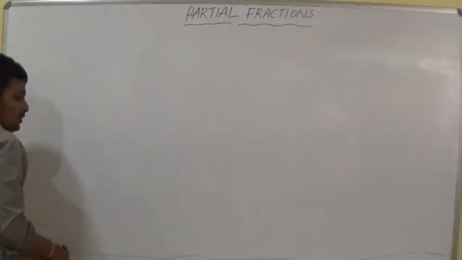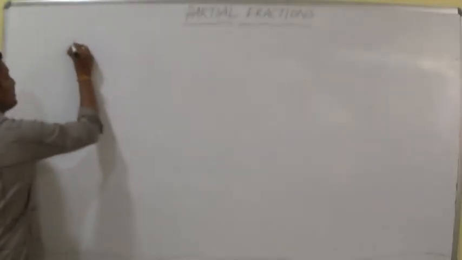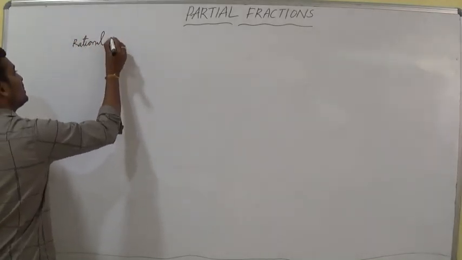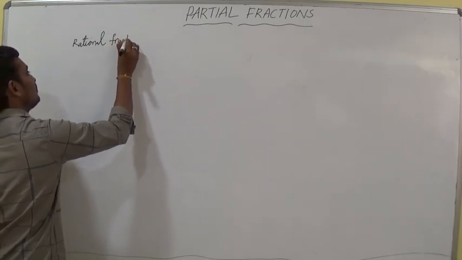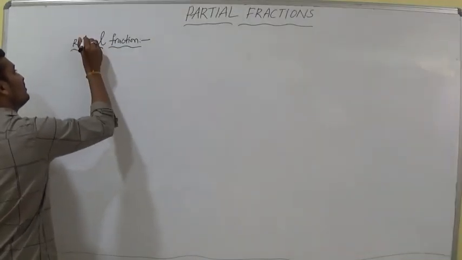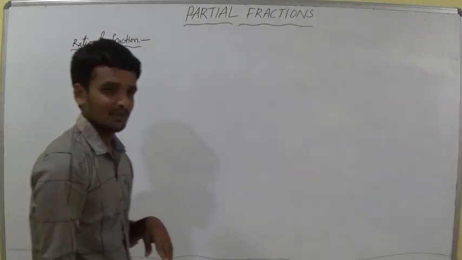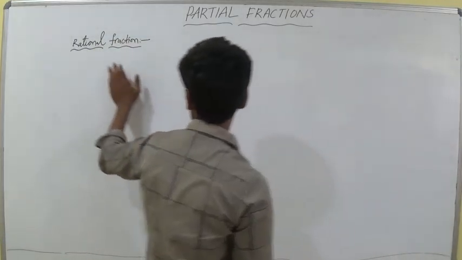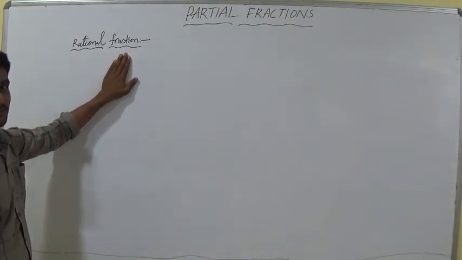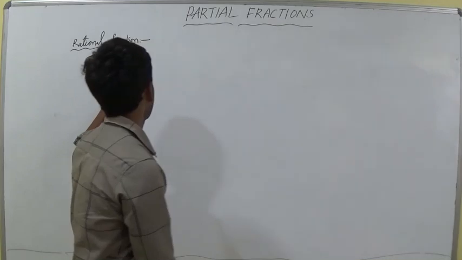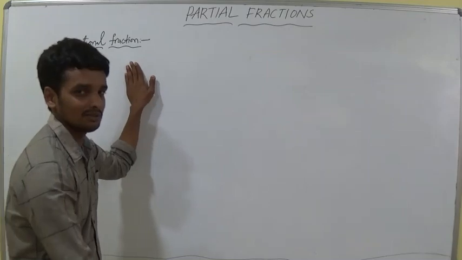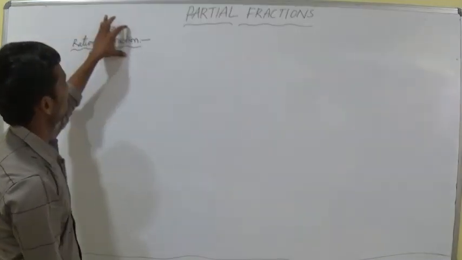So polynomials are completed. We have to learn one more topic, that is rational fractions. If you see the heading, rational fraction. Fractions make us feel happy because we started them from 3rd class up to now. The fraction is a very important and very easy chapter here. But what is a rational fraction?